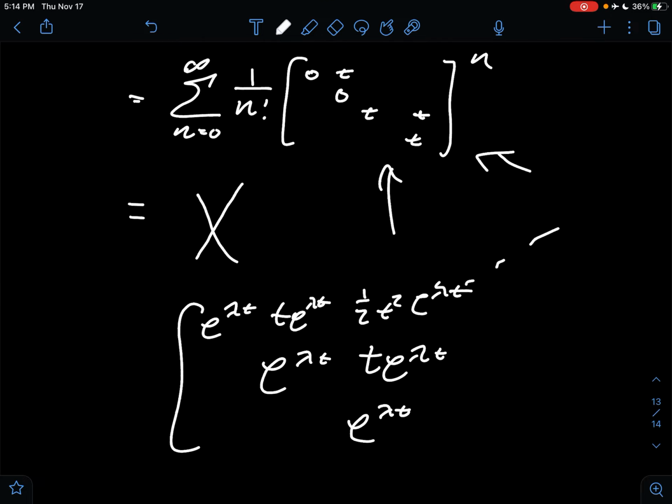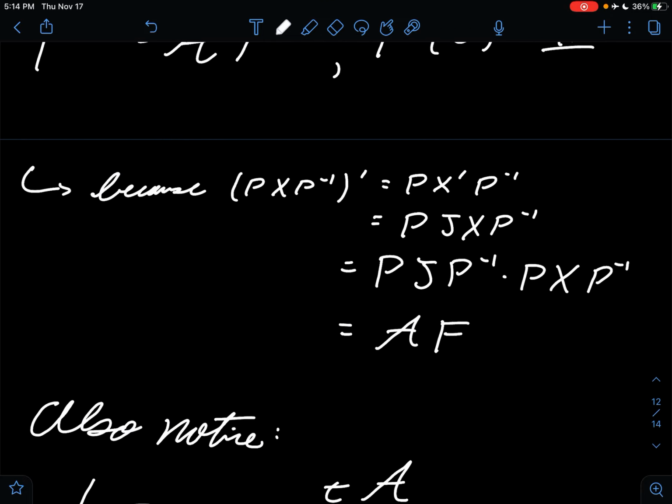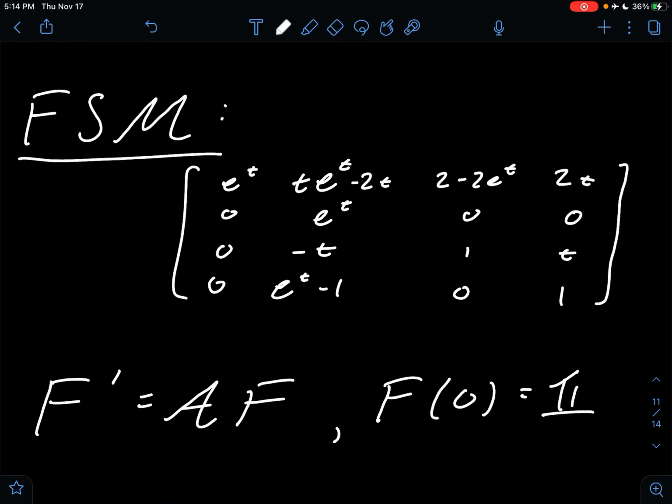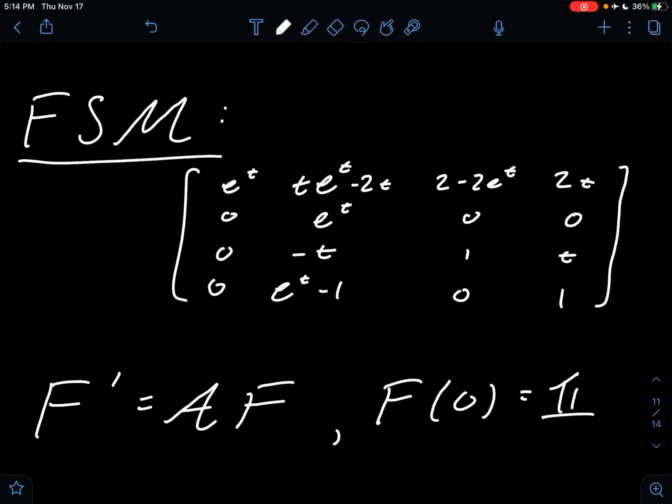Okay, and that's where I will end with this problem. So we solved this problem and then talked a little bit about what the fundamental solution matrix is and how to use it to solve problems. All right,